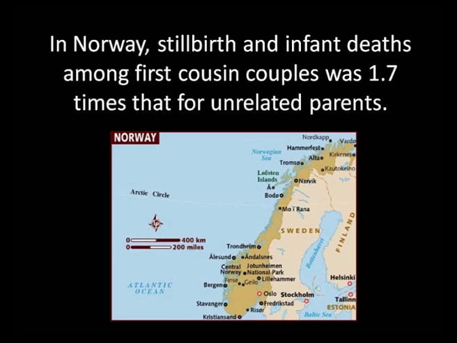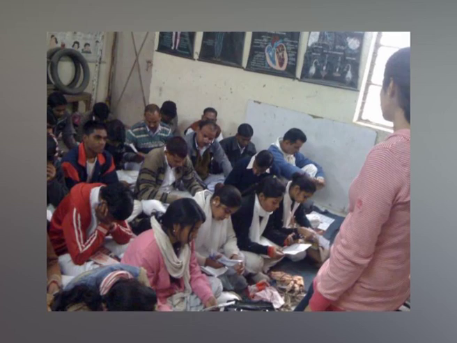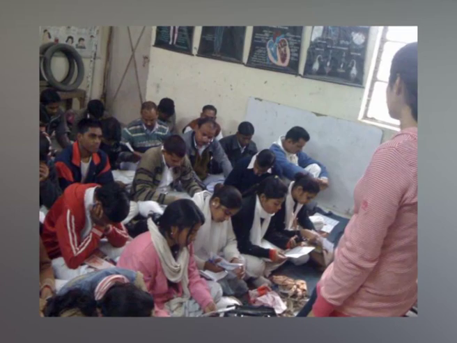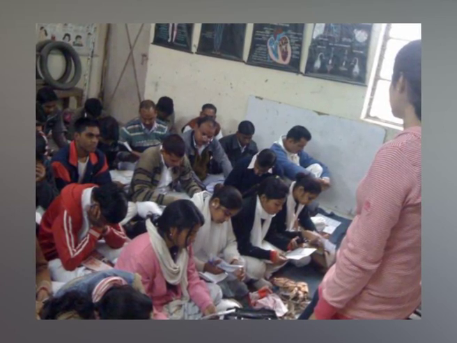For example, in Norway, the risk of stillbirth and infant deaths among first cousin couples was 1.7 times that for the unrelated parents. When a consanguineous couple presents to the genetic counseling clinic because they know that they have